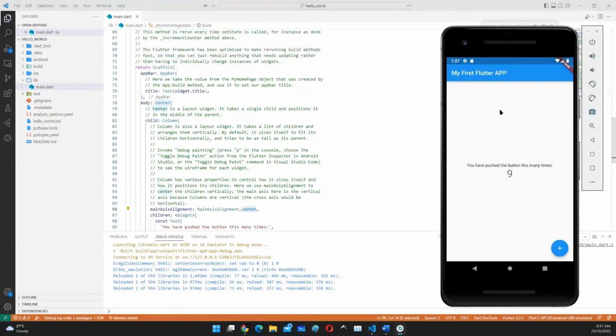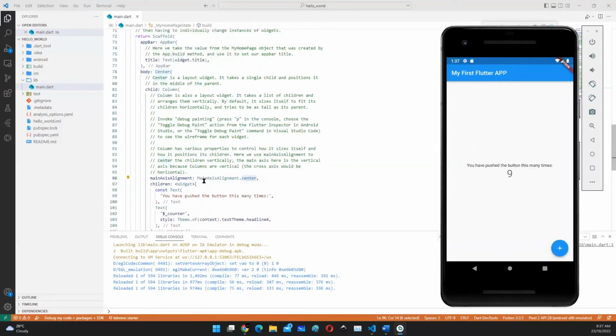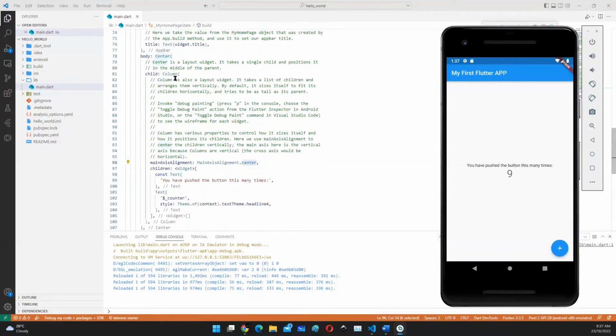The center widget only brings all the widgets to this center, not to the center of the screen down here. But if you want exactly the middle of the screen, then you can put center as a parent and set the columns with main axis alignment. Okay, so you get this. So the arrangement here is basically playing with a number of widgets, and those widgets are available. Oh, sorry, before that,